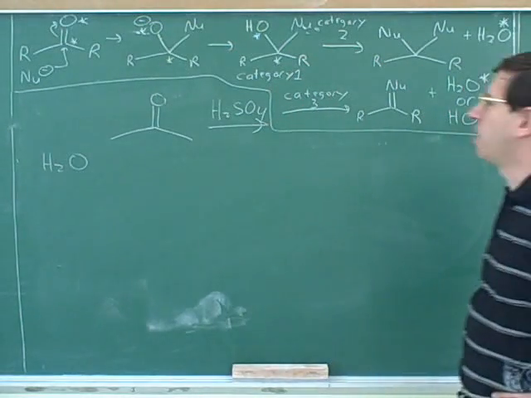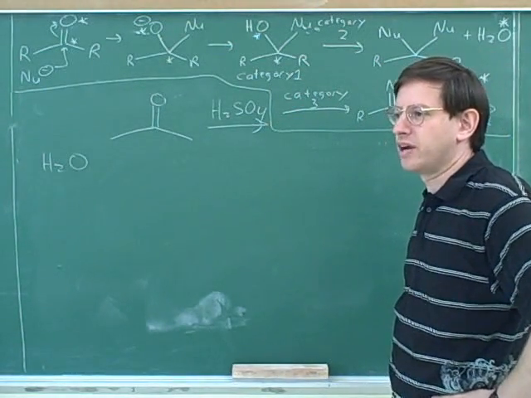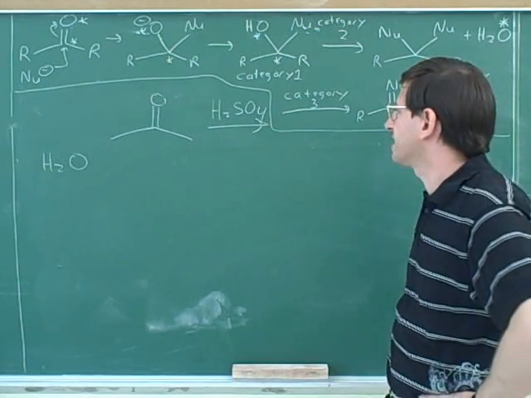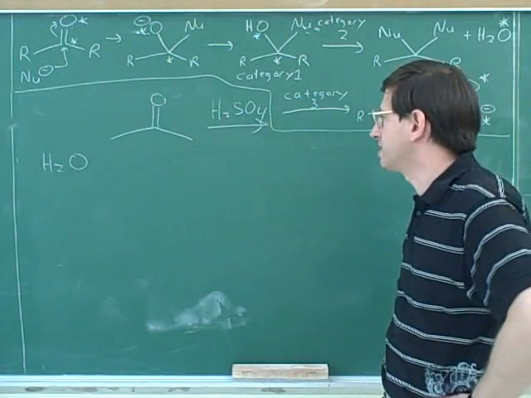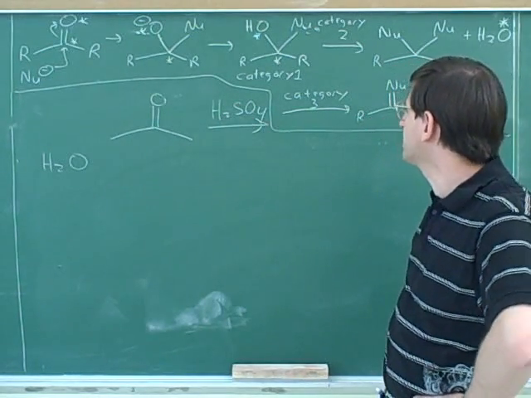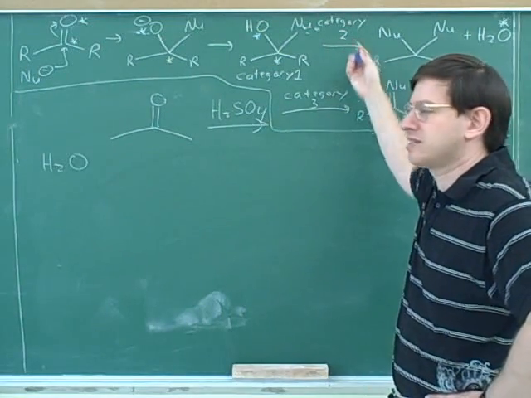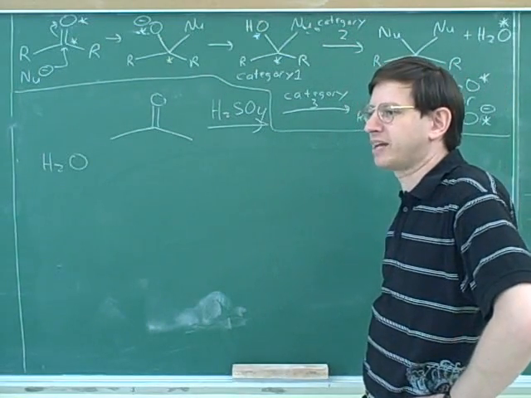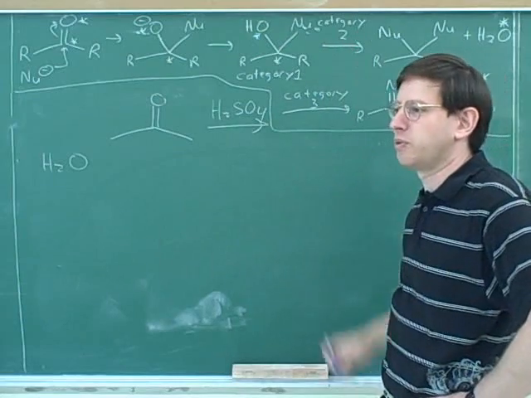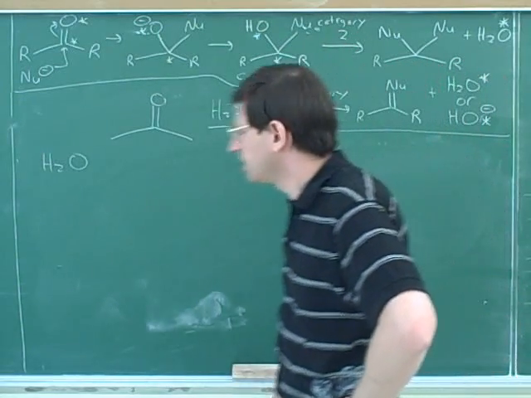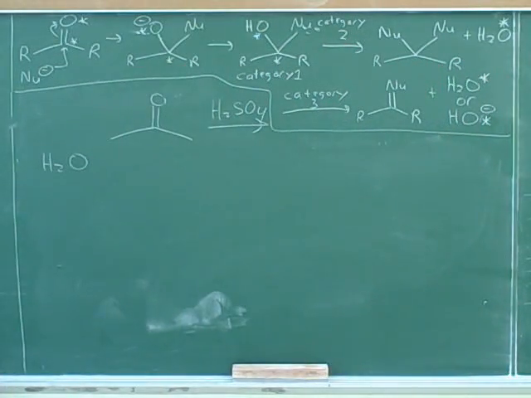Last time we talked about how a Grignard would attack once, but that was not acid catalyzed. So now we need to go through the acid catalyzed approach. In some ways, though, this will be similar to the category 2 reactions we did last time. So let's see if we can come up with a reasonable mechanism, and we can use the category 2 that we went over as the basis. Let's start going through the arrow pushing mechanism for that. Is it equilibrium or no? Yeah, this is an equilibrium reaction. That's right. So first we